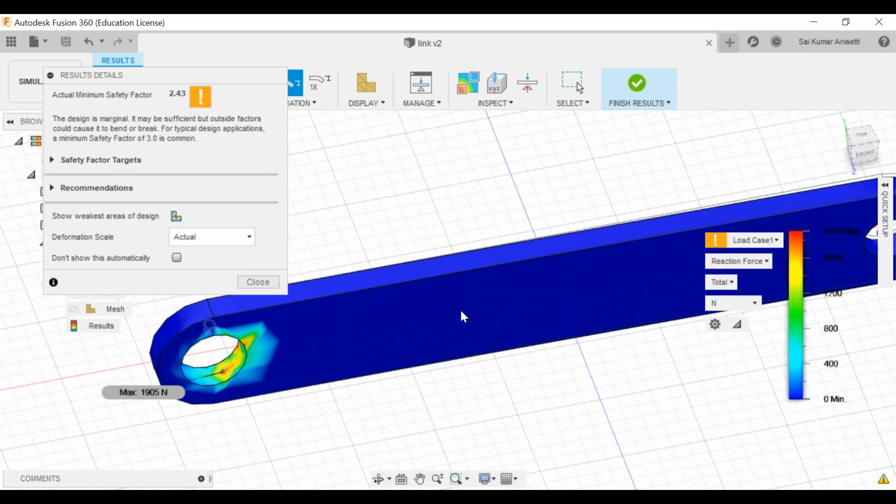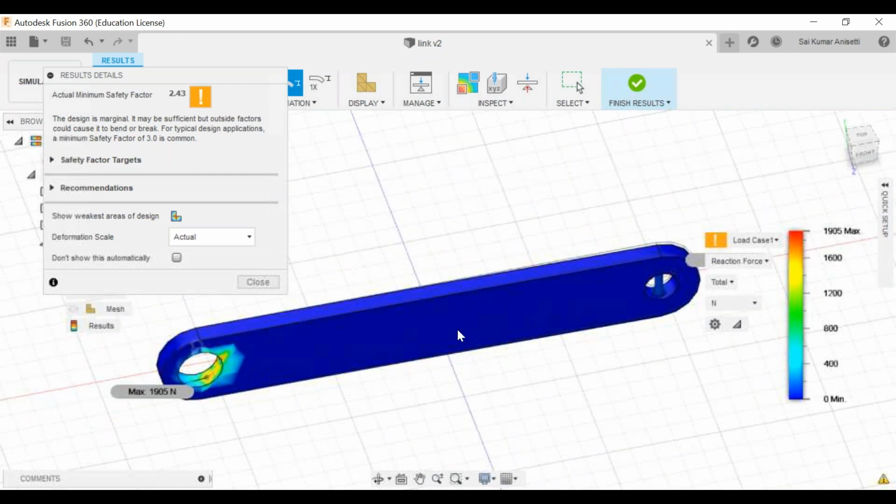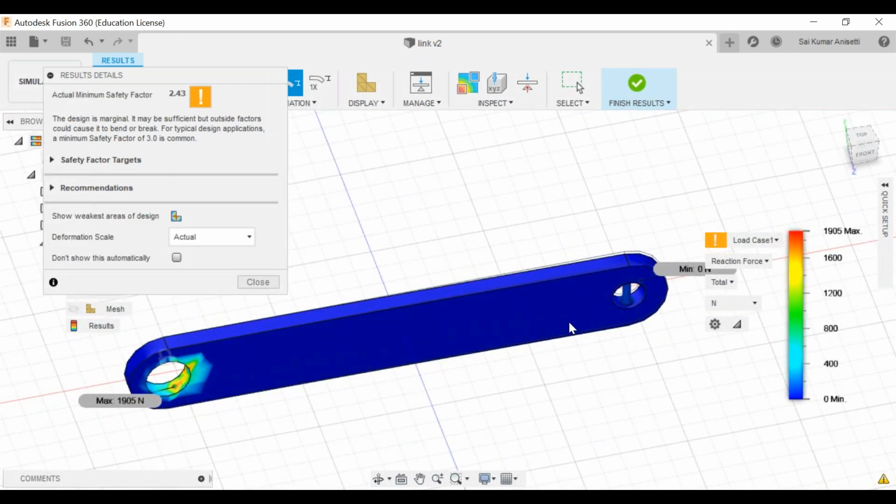That is your basic mechanics, and you have to match that particular value over here, whether it is right or wrong. Generally this is right actually. This is a maximum of 1900 newtons. This is your reaction force. Whether that is allowable or not, you have to check.